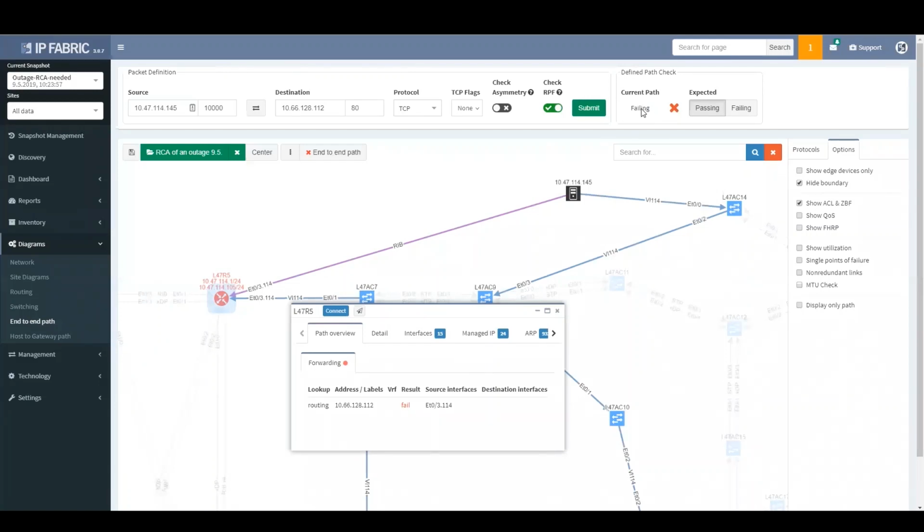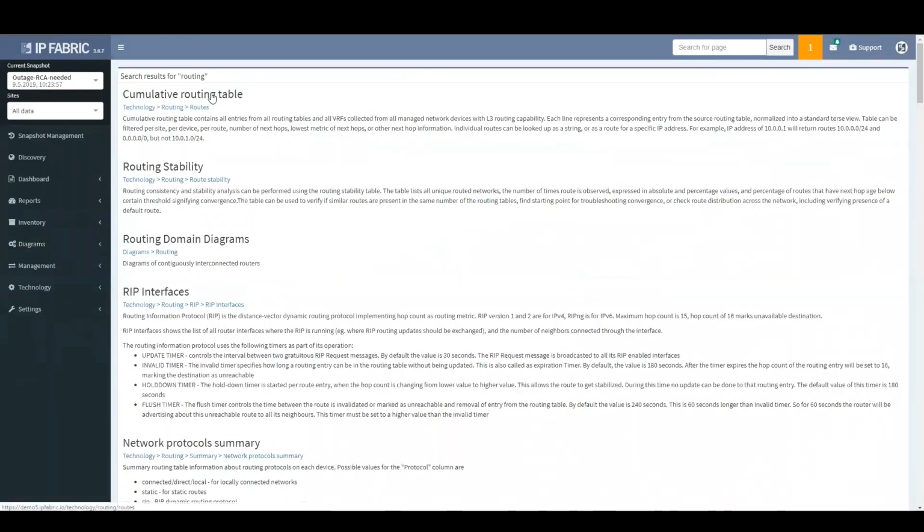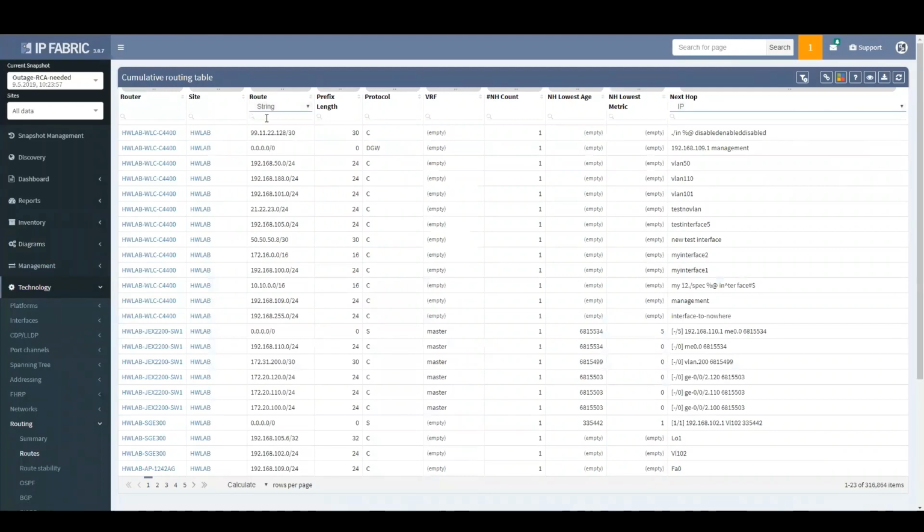So the general information is that the path is failing, and the result of the failure is because of a routing lookup failure. It says that the route is not available on that particular route. Therefore, we can go into the routing table, as IP Fabric collects information about every single routing table from every single device. We can analyze routing tables holistically and ask which routers were able to route to a particular IP address